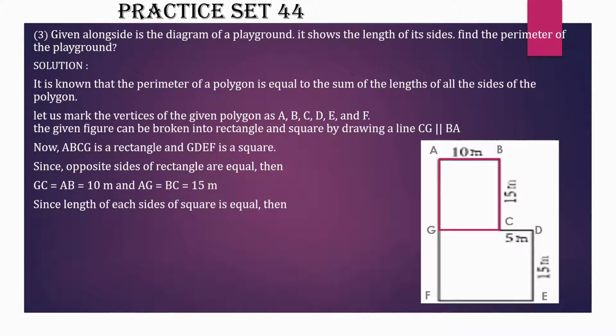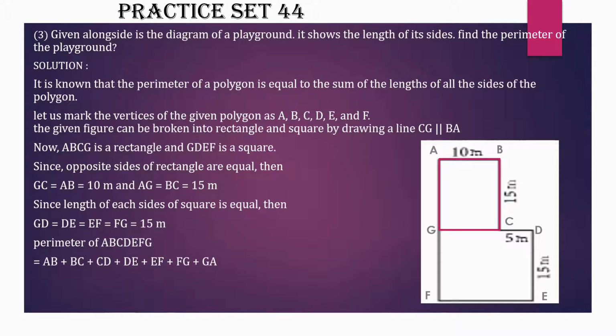Since the length of each side of a square is equal, GD is equal to DE, which is equal to EF, which is equal to FG, which is equal to 15 meters. Perimeter of ABCDEFG is equal to AB plus BC plus CD plus DE plus EF plus FG plus GA, which is equal to 10 plus 15 plus 5 plus 15 plus 15 plus 15 plus 15, which is equal to 90 meters. So hence,